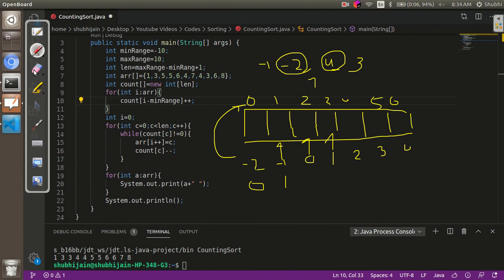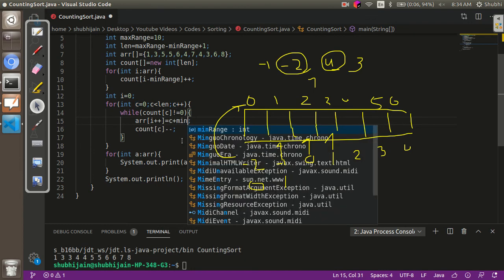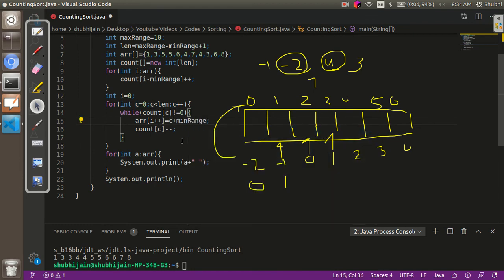So over here, instead of directly incrementing the ith element by 1, we are going to subtract the minimum range. And similarly over here, while we are storing the number, we are going to add the minimum range so that the actual number can be retrieved.